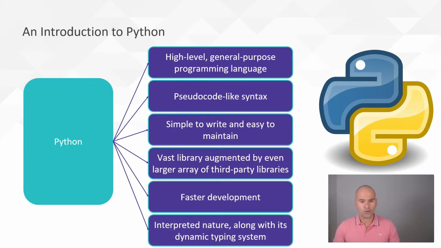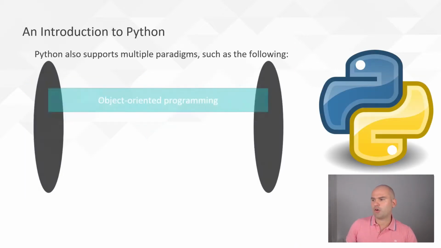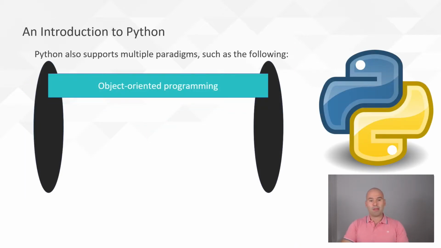So for example, you've got dynamic typing, which means you create variables and you can change their types dynamically. You also have the fact that Python is interpreted, which means you don't have to compile programs before you run them, which essentially runs them a lot quicker and gives you feedback in quicker time. So beyond this, Python also has the ability to be used in multiple programming paradigms. Now, paradigms are sort of very